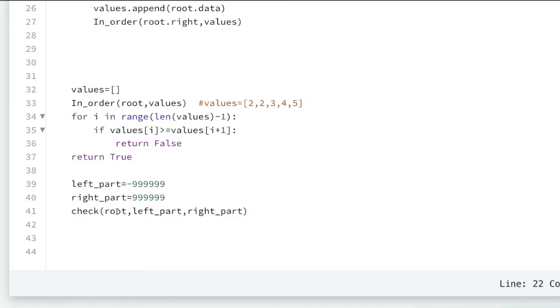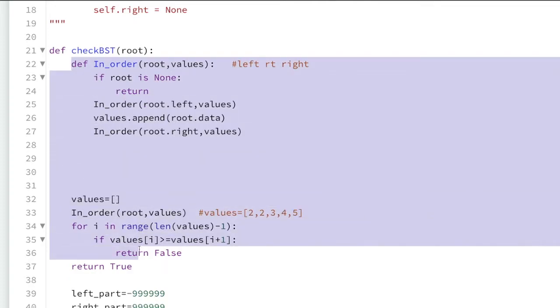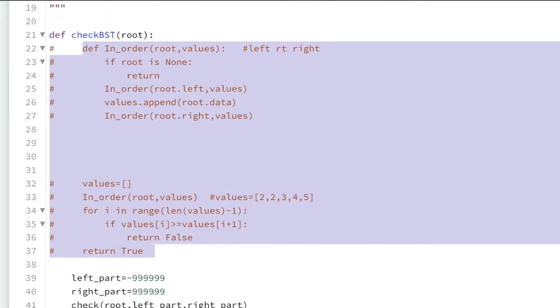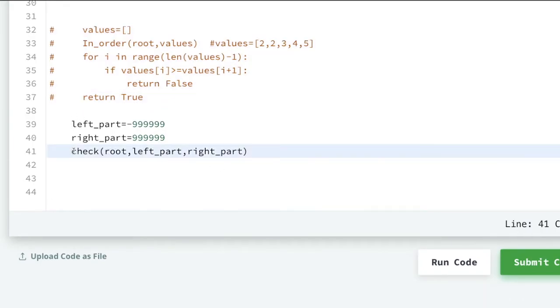So in this function we are passing the root node, the left part value and the right part value. This root value is the one initially received in this check BST function. Let us comment out this one. Now this is our second approach. So we are going to simply return this one.